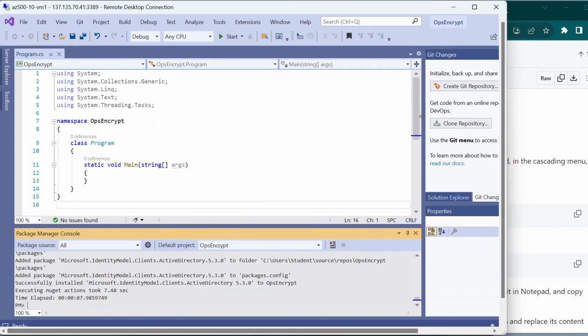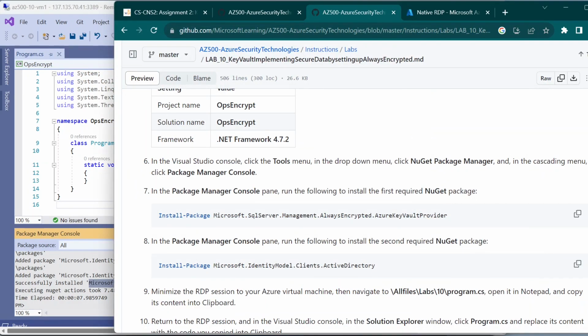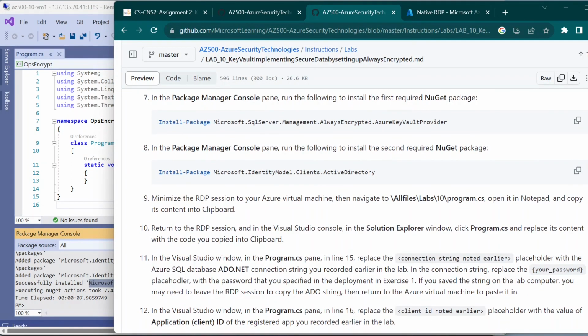So it has completed successfully once again, and this is what has been installed: Microsoft.IdentityModel.Clients.ActiveDirectory 5.30. Then minimize the RDP session to your Azure virtual machine. Then navigate to all files,